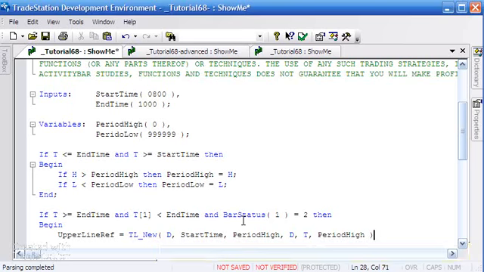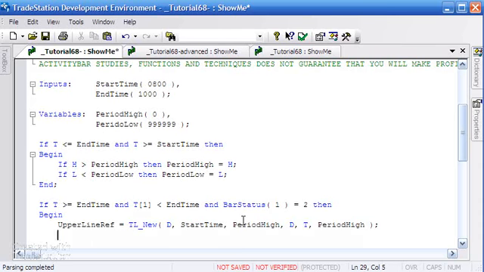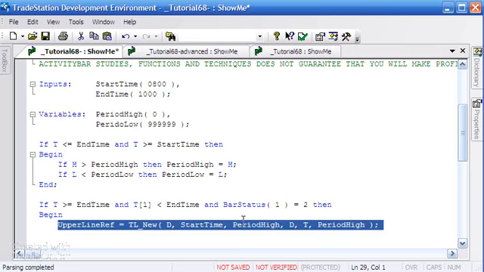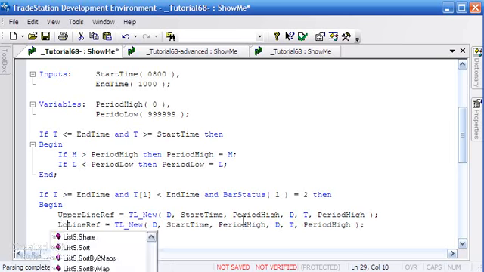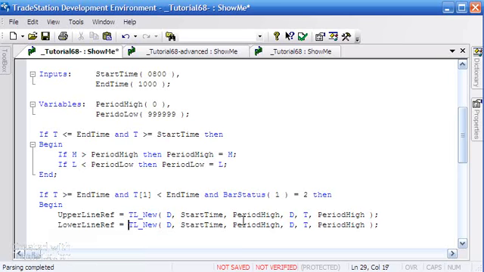And again, if you're not familiar with TL new, you can just right click that and see what that does. And then we're going to do the same thing. In fact, just to save time, I'm going to copy this and paste it there, and I'm just going to change that from upper line ref to lower line ref, and the times are going to be the same. This is going to be period low